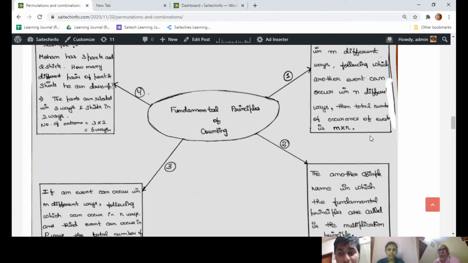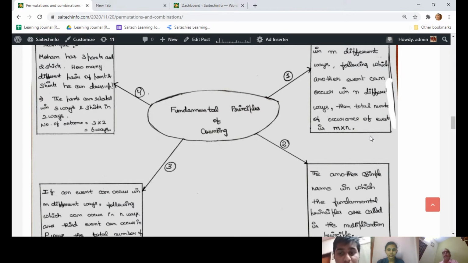And second, we have another simple one. I want to ask one more question in this regard. Suppose there are three events like m, n, and s, then what will be the total number of occurrences? Sir, same, sir. However many occurrences we have, that many we can multiply, sir. As per your question, we can multiply m into n into s, sir. Very good. Right. Proceed. Yes, sir.